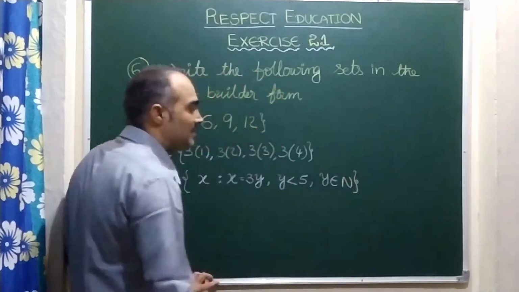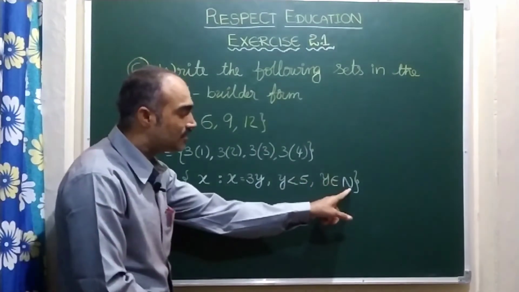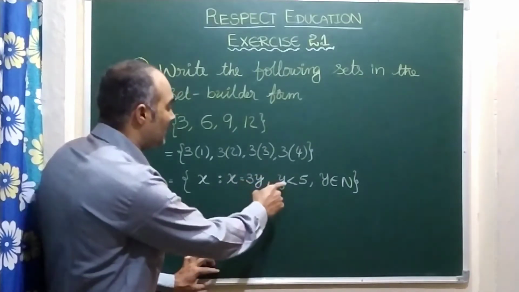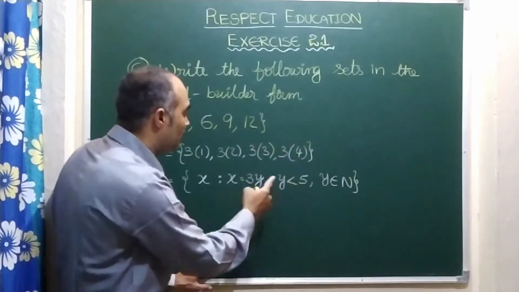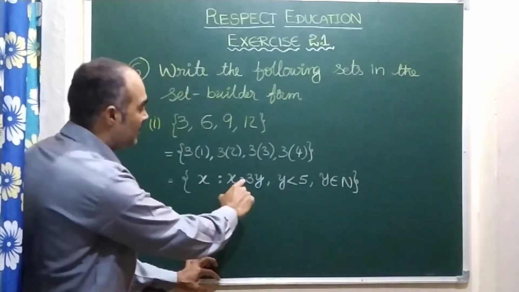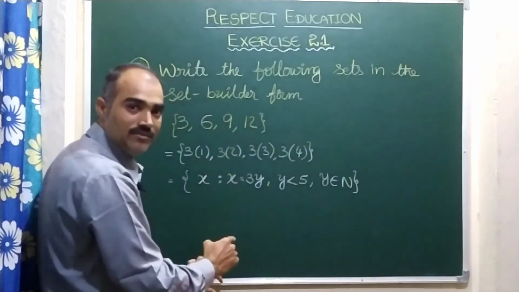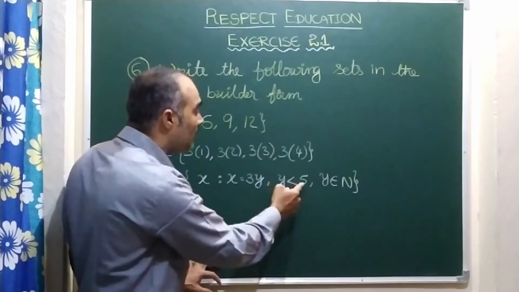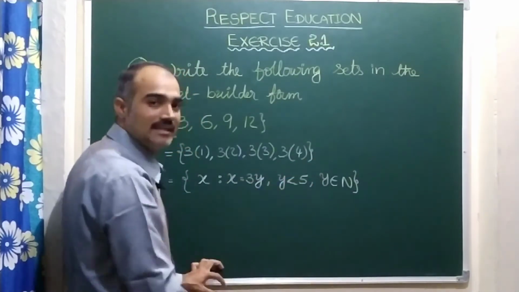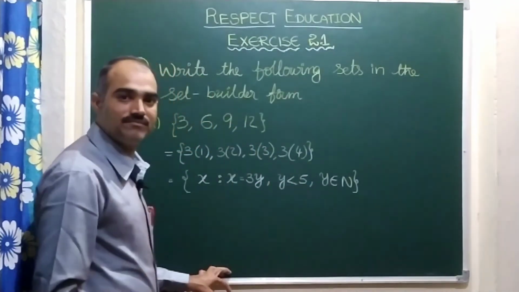That's all, children. See here. Let us compare this one with the question. You see, y is a natural number. Means you can take y value as 1, 2, 3, 4. So here y less than 5. That's why I stopped at 4. So you take 1 in place of y, x equal to 3 1s are 3. 3 2s are 6. 3 3s are 9. 3 4s are 12. That's all. So here you can't take 5 in place of y because here you have taken the limit as y strictly less than 5. Right? This is the set builder form for the given question.